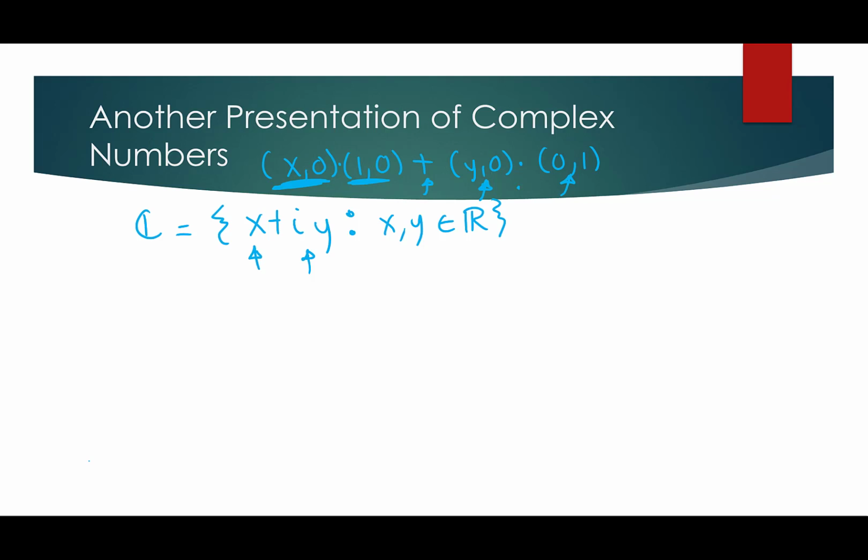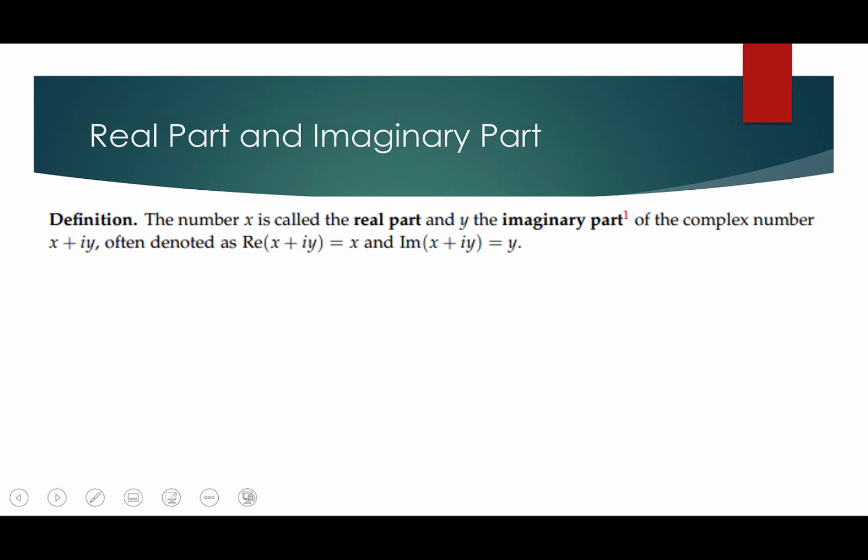So instead of thinking about them as tuples, x comma y, we can write them as mathematical expressions or just regular numbers, x plus iy. So again, this is our second presentation. And this is coming from the fact that we can write any complex number in this way: x times 1 plus y times 0 comma 1, which, since it has that strange property, we think about as the imaginary number i. So we get this second presentation here.